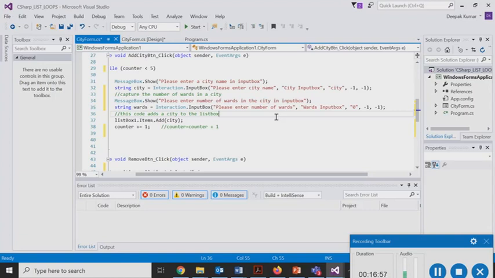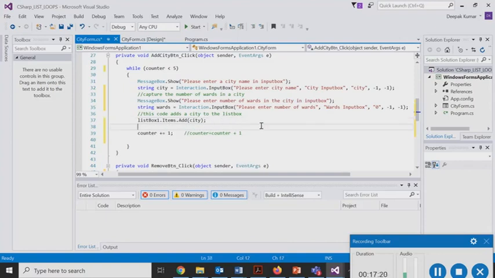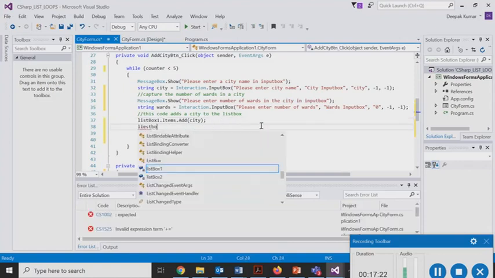we can't say that this is a very valid default value in this case, because we can't say that a particular city would have at least, or maybe if you like to put 1 here, that at least a city would have 1 ward, you can do that. Or if there is something like, okay, every city has a minimum of 2 wards or 5 wards, I don't know, you can use a default value here if you like, but we will leave it at 0 at the moment.